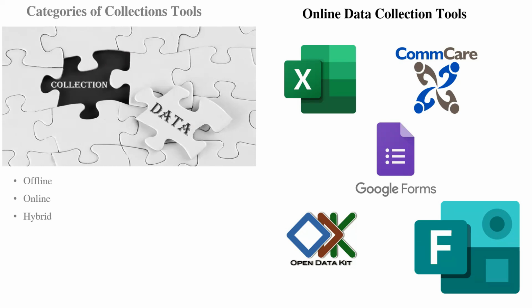Some of them are hybrid, like CommCare and Open Data Kit. They are hybrid. You can use them offline. You can use them online. While Excel, you can only use it offline. While Google Form and Microsoft Form, you must use them online. You cannot use them offline. You must use them online. So you see, these are the things that